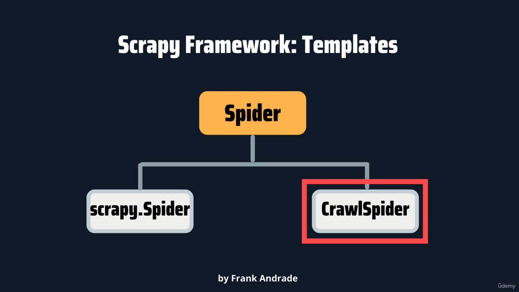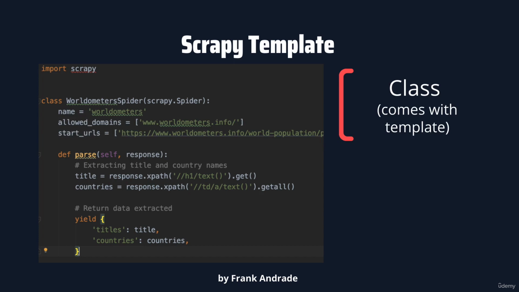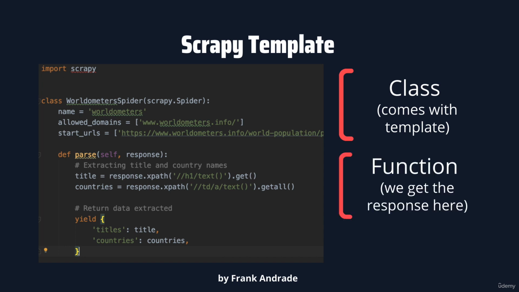Now let's have a look at the Scrapy Spider template. So this template has by default a class with the name of our spider. Here we'll send requests from the start_urls spider attribute, and we'll call the spider's method parse for each of the resulting responses. So here we will yield all the data extracted. We'll see this template in action in the following videos, but now it's time to see how to find elements